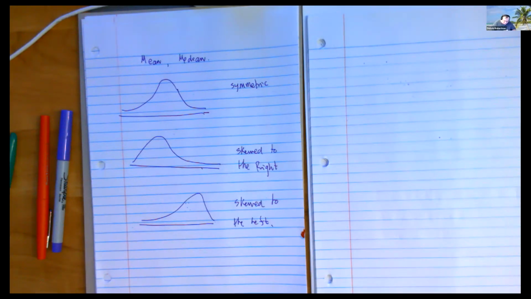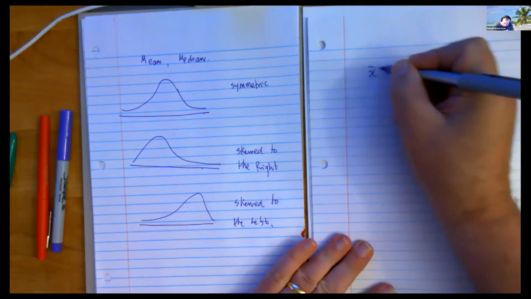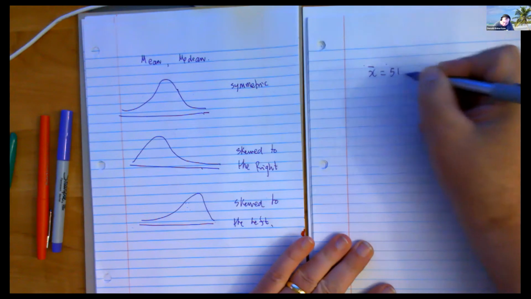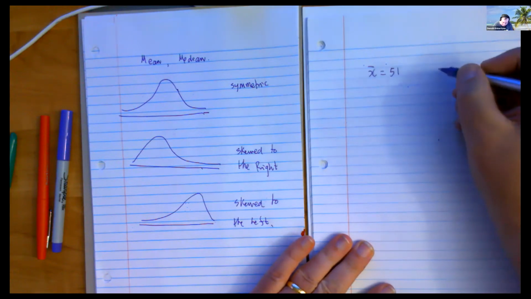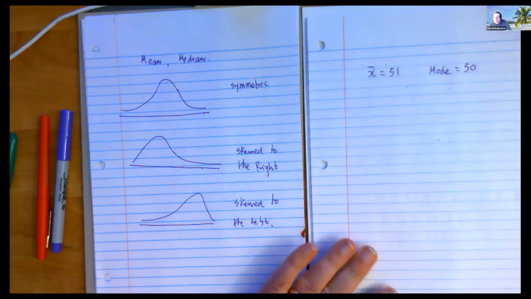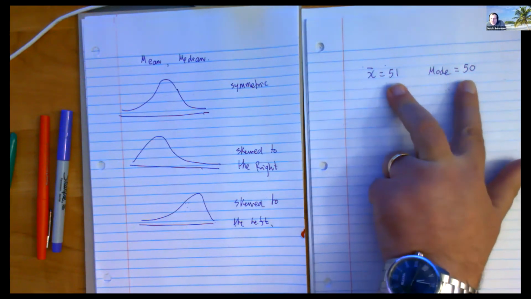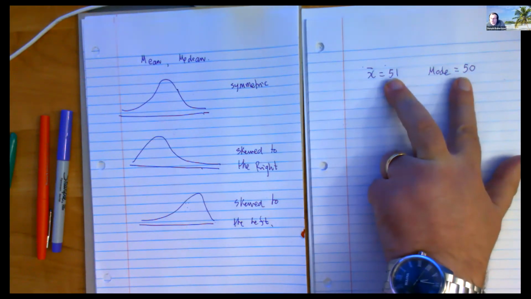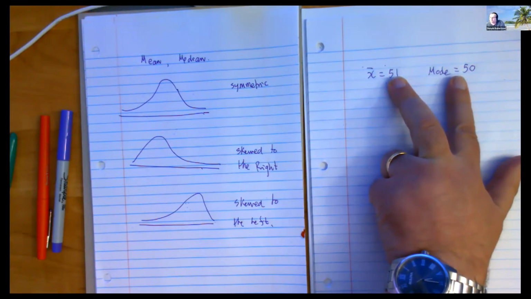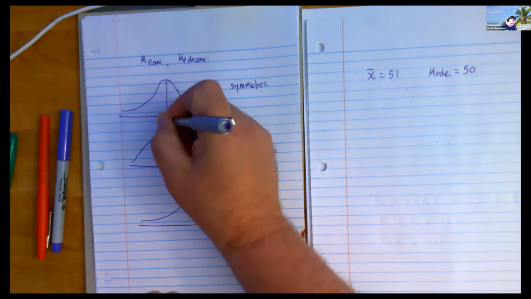Now, I'll put it over here. Suppose that the mean was 51, and that the mode was, say, 50. It's not unusual that you get data where these 2 numbers are very similar or identical. In this case, they're very similar. When that happens, you typically get,